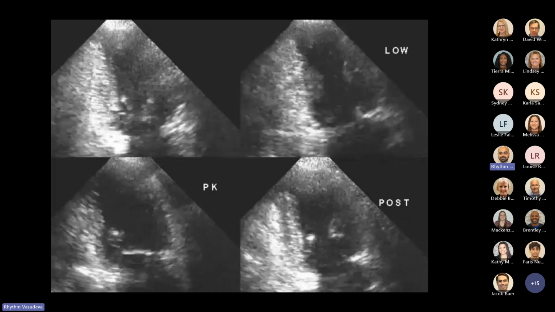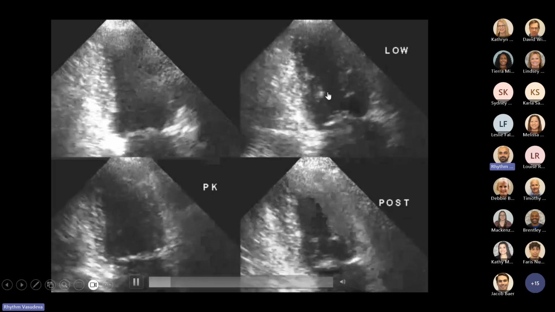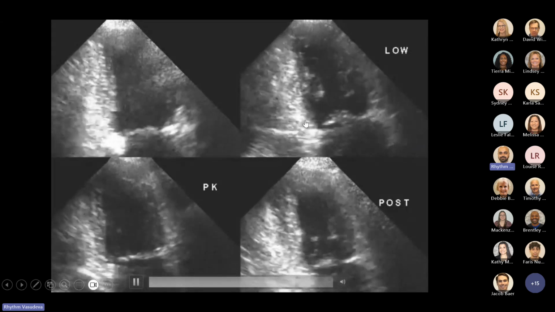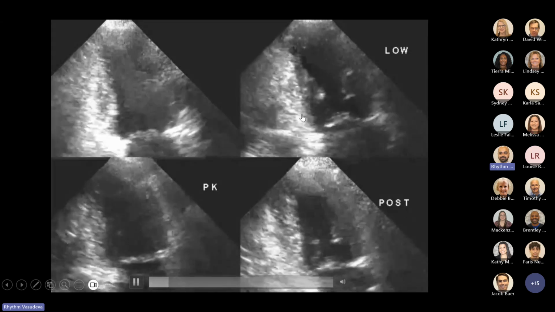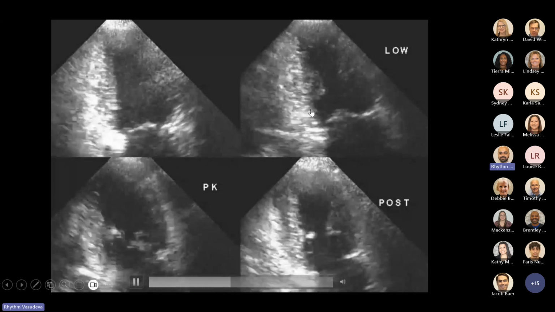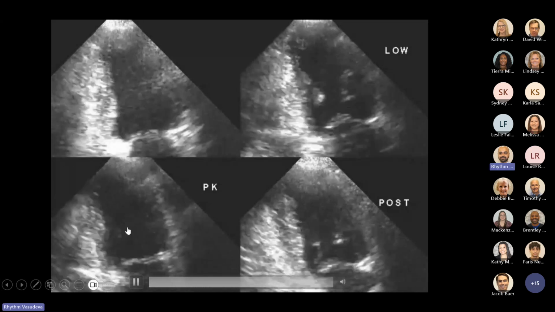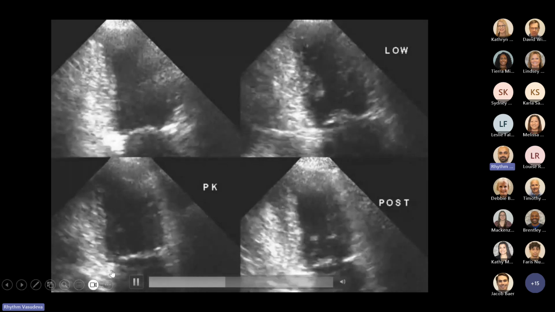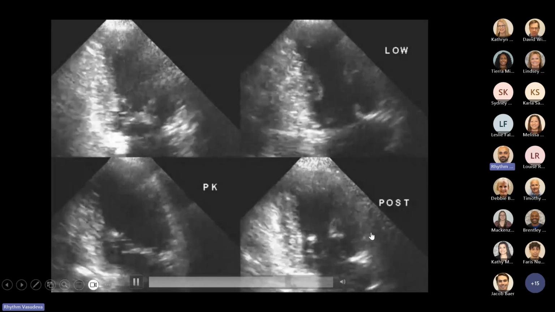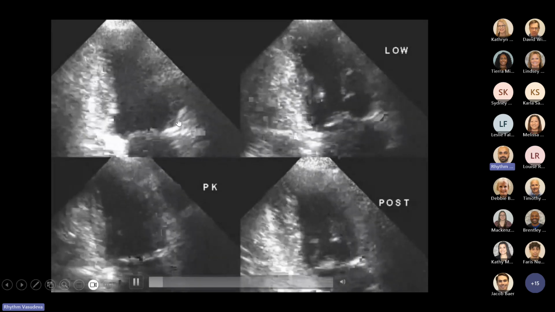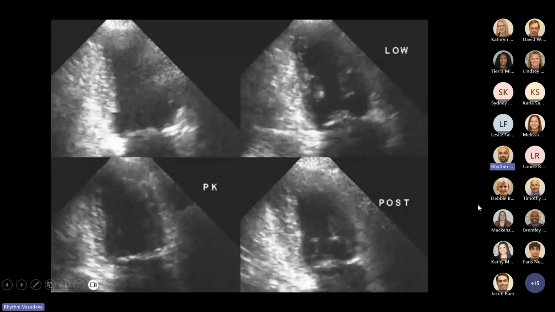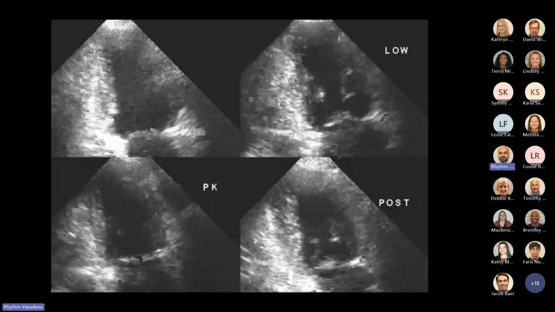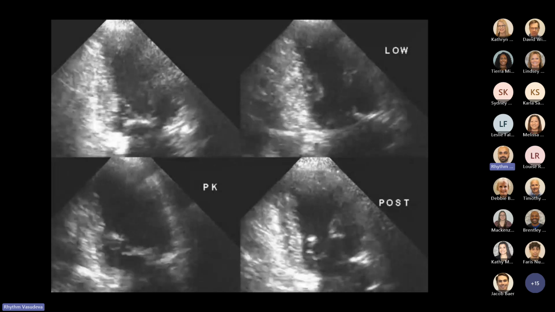So here's an echo. As you can see, the top left is normal, at baseline. And then this is on low dose. To my eye, at least, it looks like this inferior wall is starting to come in a little better. While at peak, you see it lose its function right here again. And then at post stress, it's back to its baseline. So this is a very typical feature of a biphasic stress test,